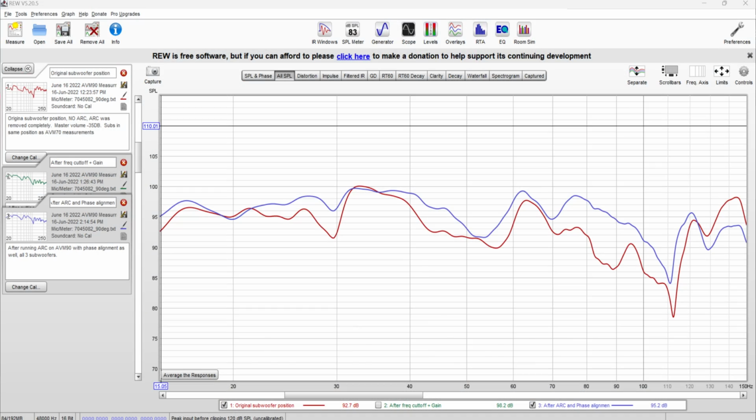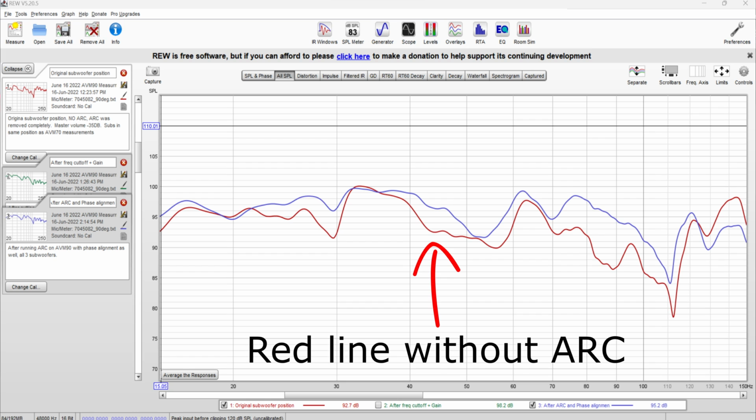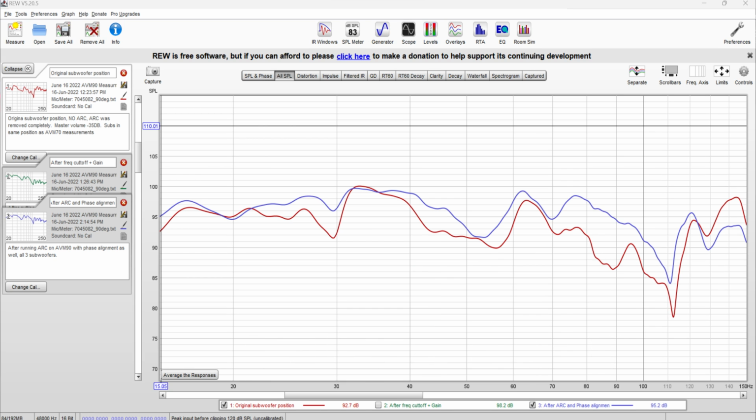Okay, so here is the main listening position without ARC. As you can see, my room has some pretty nasty nulls. I have to admit, my room didn't make it easy for ARC. It's definitely a challenge. And here you can see what it looks like after running and applying the ARC file. It did improve the response, but at the same time, I was expecting a little bit better. Maybe my expectations are just a little too high, but I did think it would get the response a little